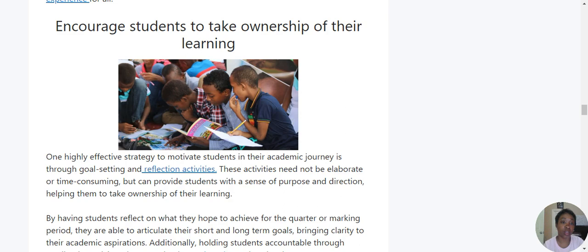Another thing too is I think all teachers, we should be trying to encourage them to take ownership of their learning. And a lot of that too can be done through reflection activities, asking them, what helped them learn best, what activity you did that maybe they felt like they didn't get a lot out of, and why. Goal setting for academics can also really help them take ownership of their learning, and going back to that, giving them goals that they set, and don't forget that, like print it out or keep that paper and give it back to them, and force them to say, okay, well, this is what you told me you wanted to work on. Have you been doing that the past few months? And there's an accountability factor to it that will make them start to feel like, okay, I did say that I was going to try to work on this.